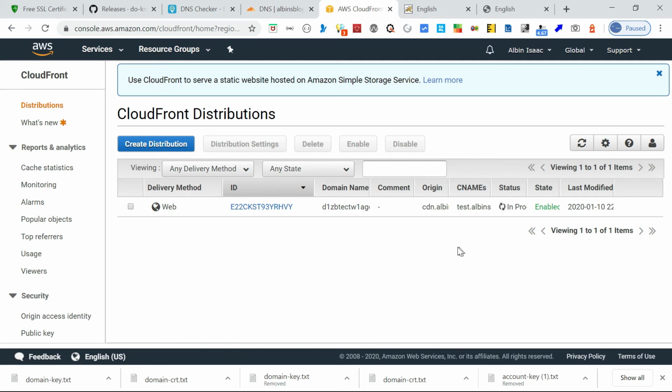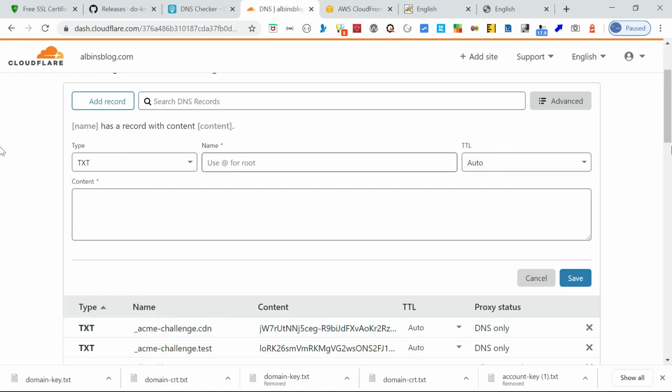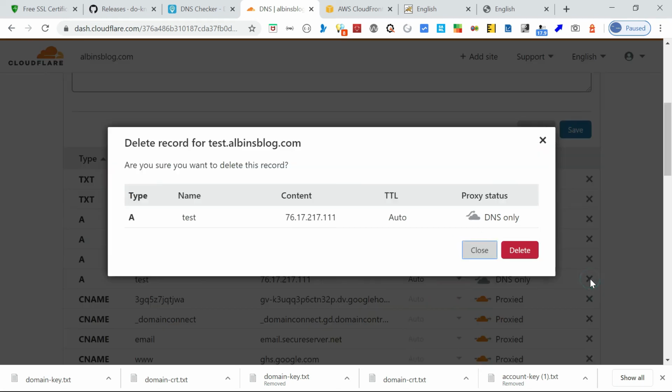So now what we need to do is, we know the domain name, this is the domain name. So copy this domain. Now we need to create a CNAME record. For that, again go to your domain provider. Right now, as I said already, this is an A record. So now I need to delete this record and create a CNAME record. So I'm going to delete this.